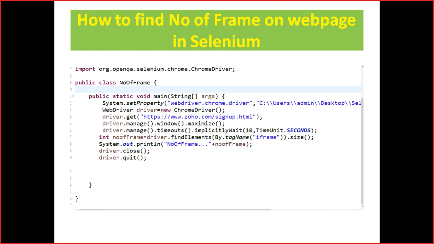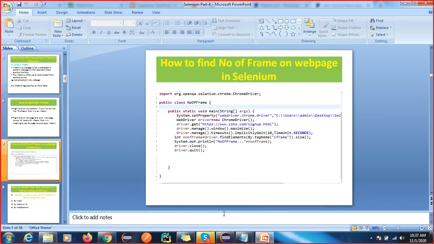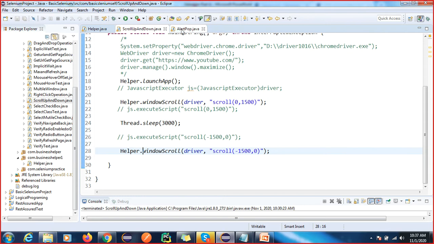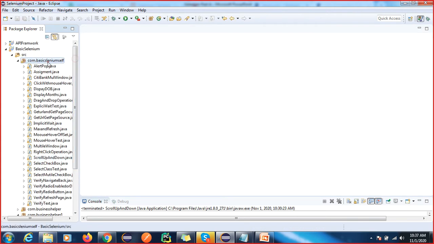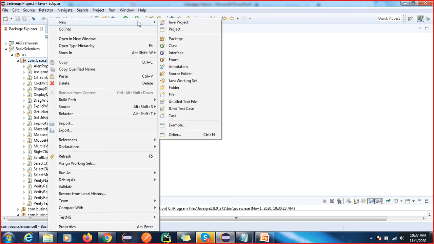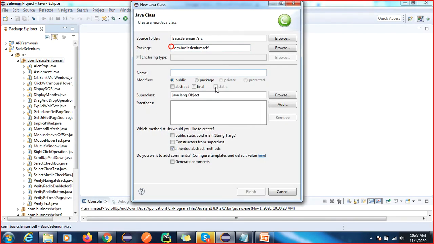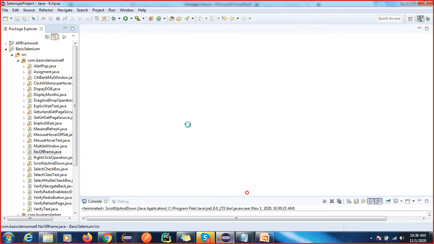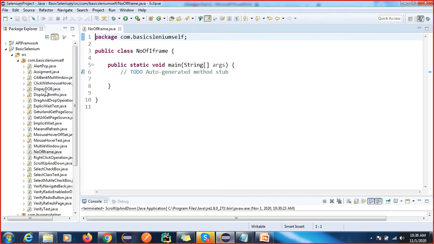So first of all, I have to find how to find the number of iframes.